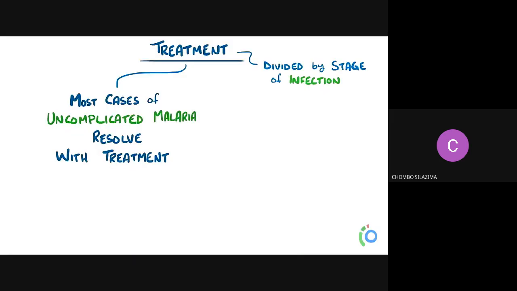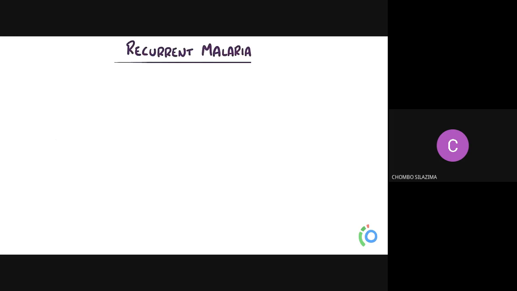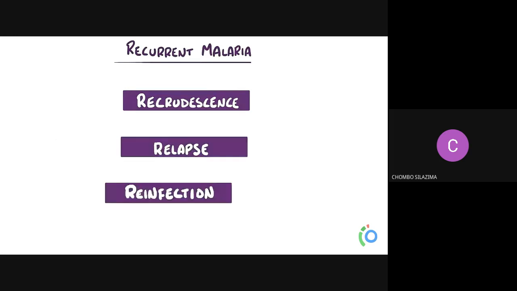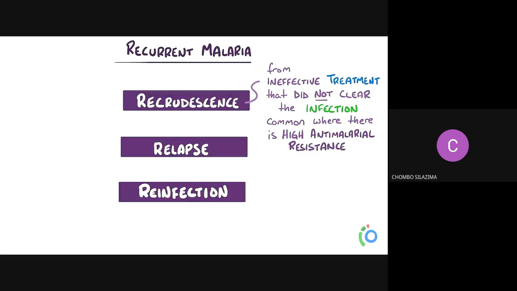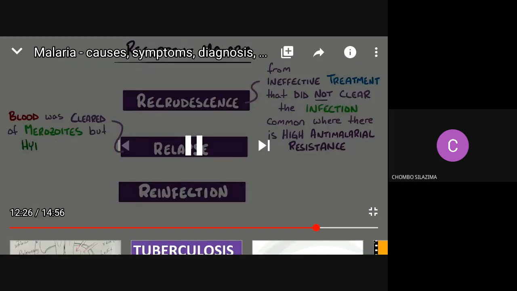Even after recovery, some individuals can get symptoms after a period of time. This is called recurrent malaria, and it's broadly divided into 3 underlying causes: recrudescence, relapse, and reinfection. Recrudescence refers to ineffective treatment that didn't completely clear the infection, a problem common when there are high rates of anti-malarial resistance. Relapse refers to situations where the blood was cleared of merozoites, but